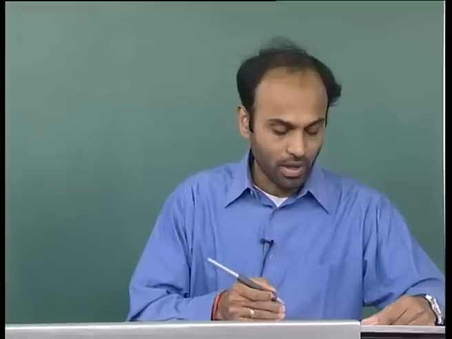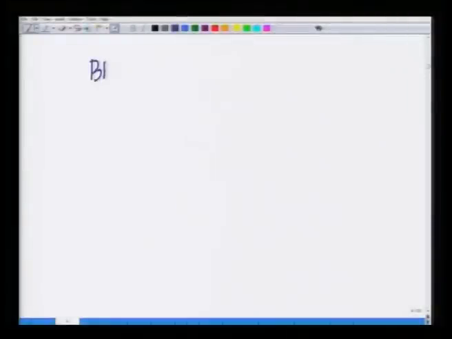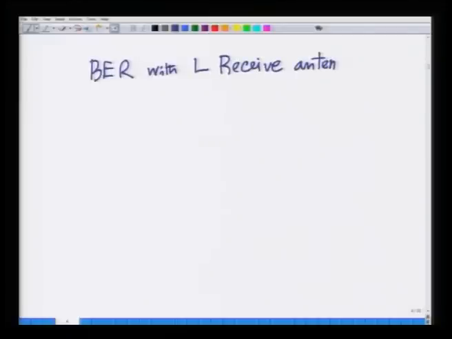Now, we will not go into the details of this derivation as we did in the case of a Rayleigh fading channel, because this is slightly more complicated than the previous simple case of L equals 1 receive antenna, which is the Rayleigh fading channel. So, I will simply write down the expression over here. The bit error rate with L receive antennas after MRC combining,